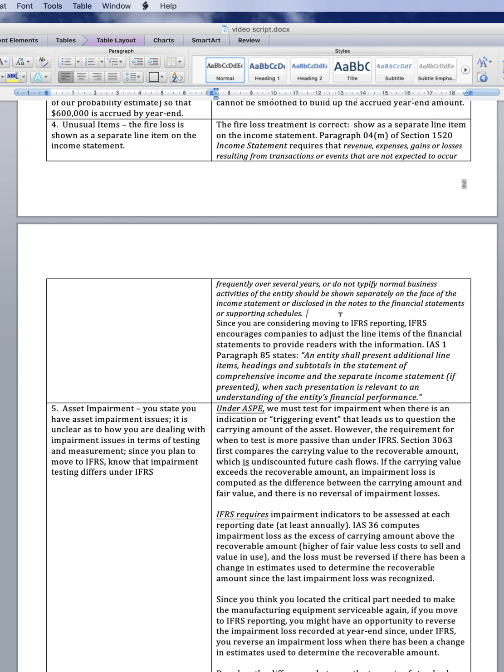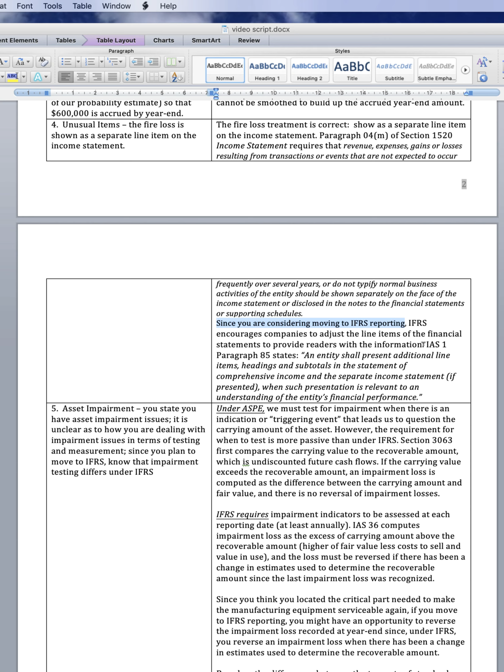That's fine under ASPE. But they're going one step further and actually showing it as a line item. Well, I would say I would leave it like that. I wouldn't say, well, you only have to disclose it in the notes, because don't forget, they're considering moving to